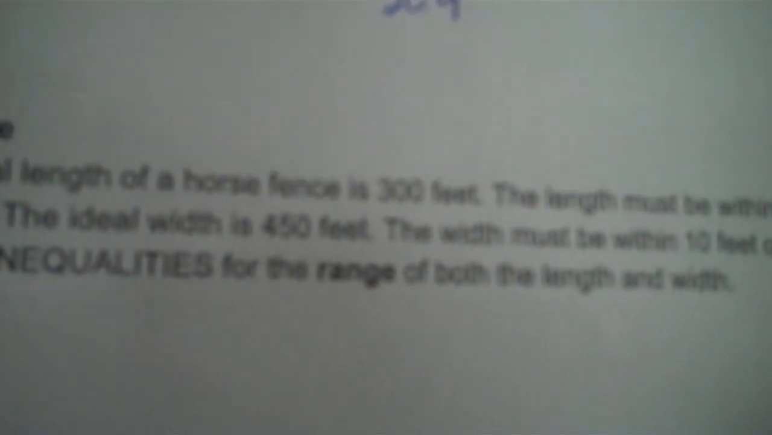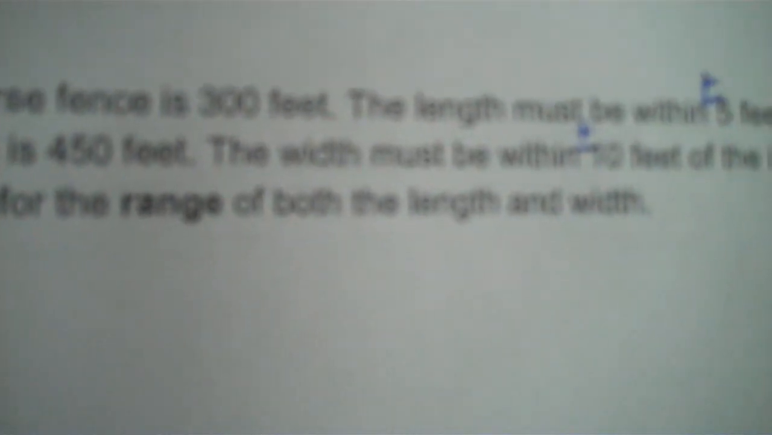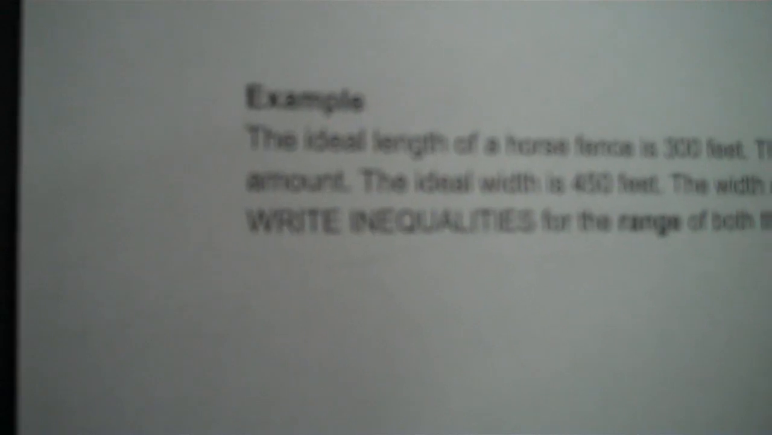Okay, and then this one, the ideal length of a horse fence is 300 feet. The length must be within, remember within means plus minus, within 5 feet of the ideal amount, okay? The ideal width is 450 feet. The width must be within 10 feet, plus or minus 10 feet of the ideal amount. Write inequalities for the range for both the length and the width. Now you got to do the length, and you got to do the width. I'll do the